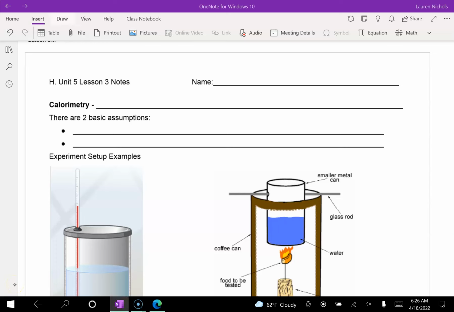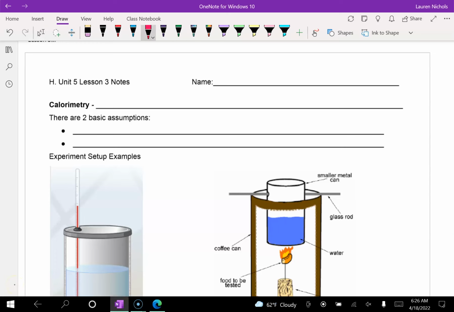Good morning, everyone. So we're going to be looking at our lesson 3. This is going to be all about calorimetry, and this is one of the labs that we're going to be doing. So when we look at calorimetry, it is an experiment